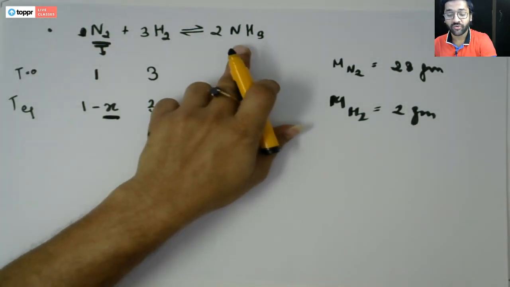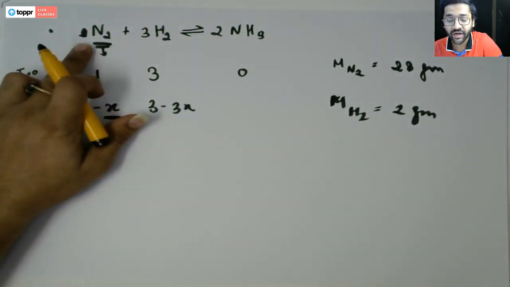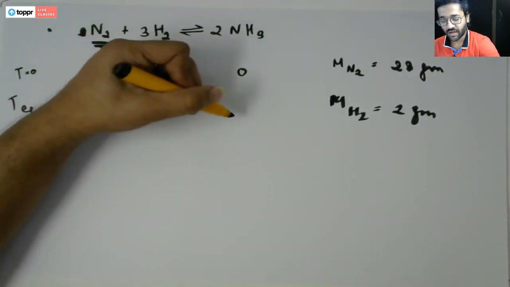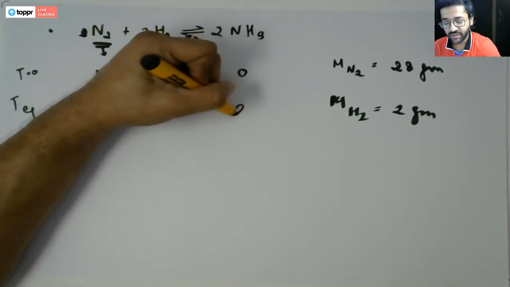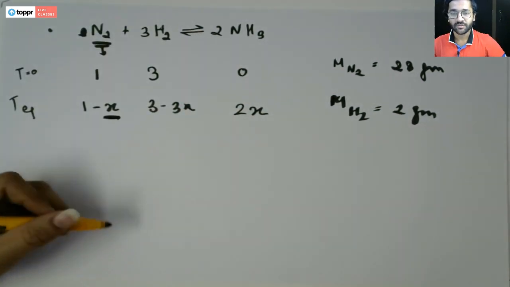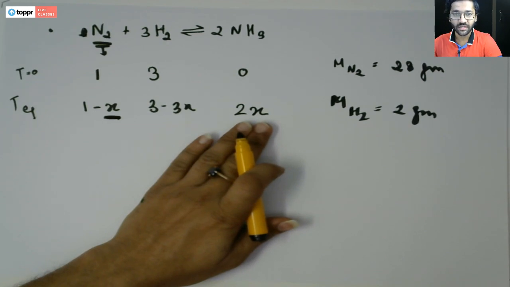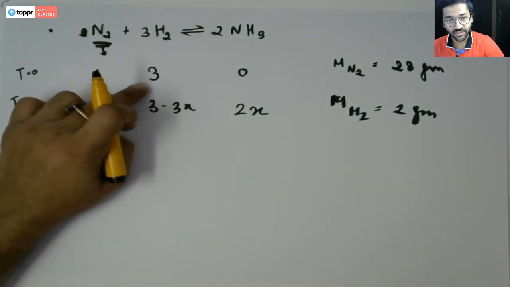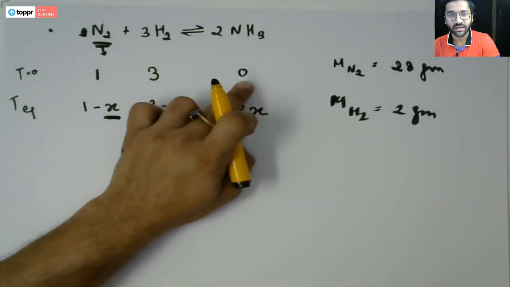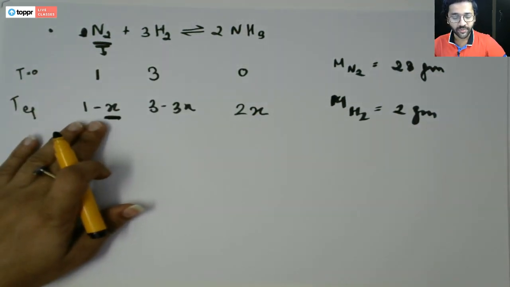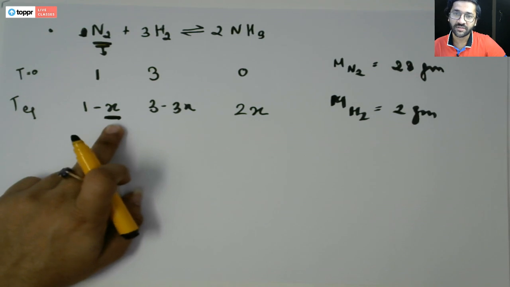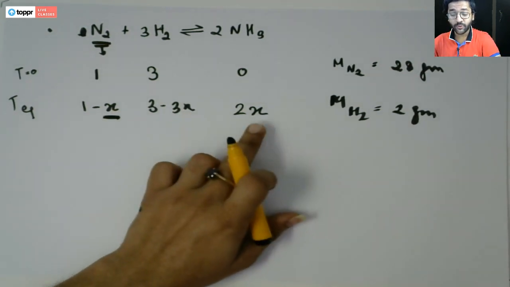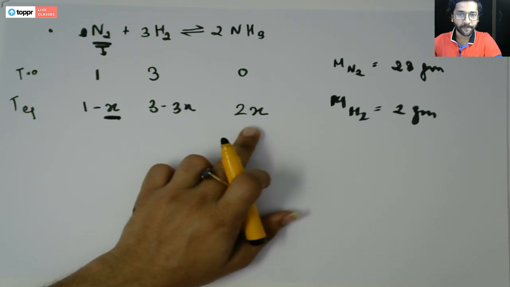And the amount of ammonia that is formed by 1 mole of nitrogen is twice. So the ammonia that will be formed will be 2 times x. So this will be our products at the equilibrium. Initially we had 1 mole of nitrogen and 3 moles of hydrogen and 0 moles of ammonia, whereas at equilibrium, when x moles is reduced from nitrogen, 3x will be reduced from hydrogen and 2x will be formed at ammonia,